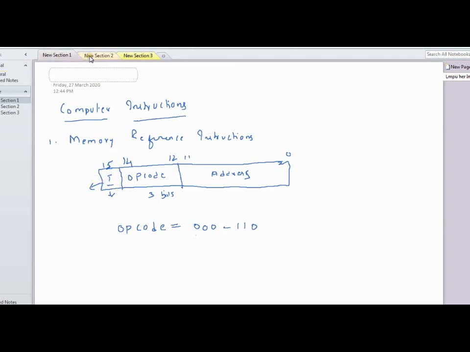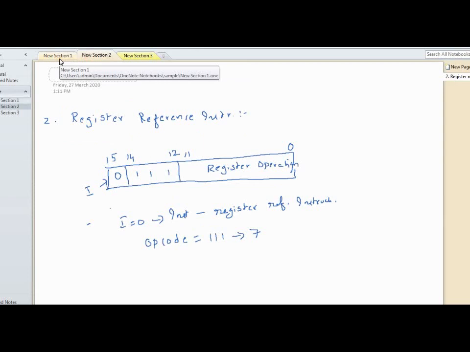Likewise, we have to assign the binary code in a different manner so that it is easy for the control unit to differentiate all these things. All these binary code assignments have to be done manually. Whatever code assignment assumptions we have given are for our own design of the basic computer.